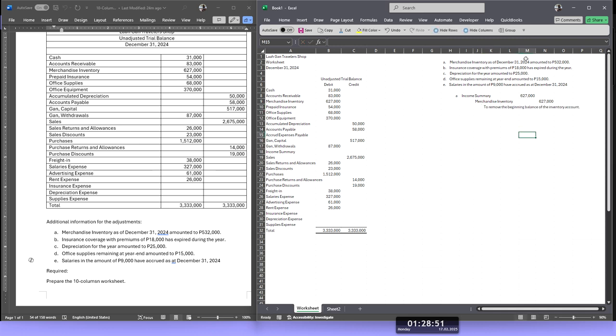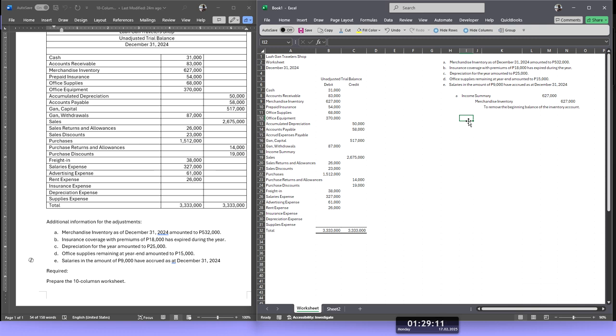And then let's put it here, or like that. And then the next entry after removing the beginning balance of the merchandise inventory account is to